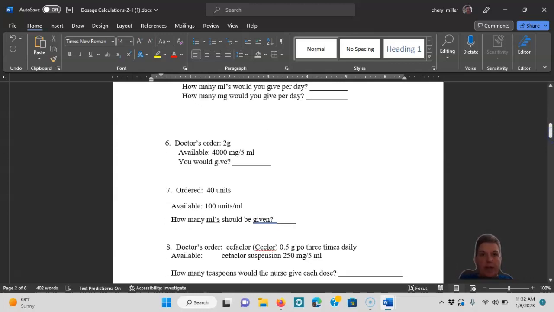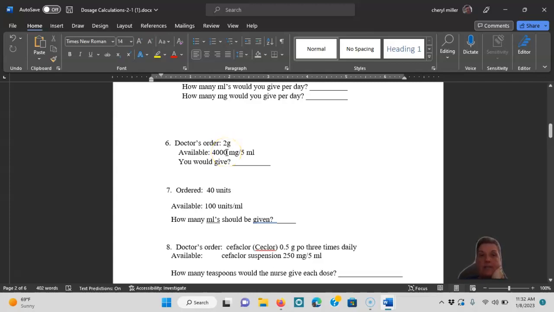The doctor orders 2 grams. There's 400 milligrams in 5 mils. How much am I going to give? So the first thing I need to do is change grams to milligrams, one way or another. If I want to change this to milligrams to make this easier, I'm timesing this by 1,000, and that would be 2,000. So 2,000 over 400 times 5,